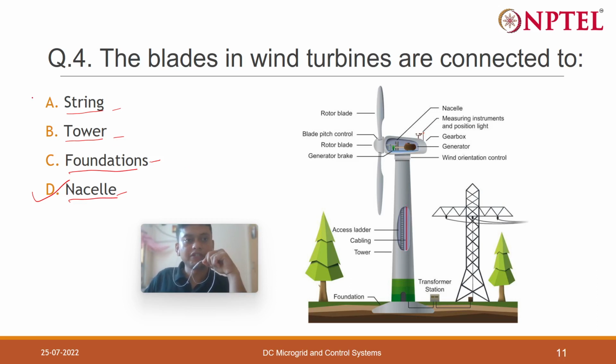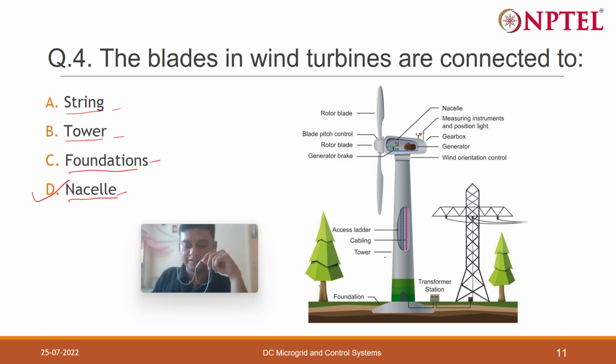So the first one is a string. A string is basically what we use to connect the various wind turbines in the wind farm. So this is something related to the cables or wires and topology that we use to connect the various wind turbines. And tower is this part,